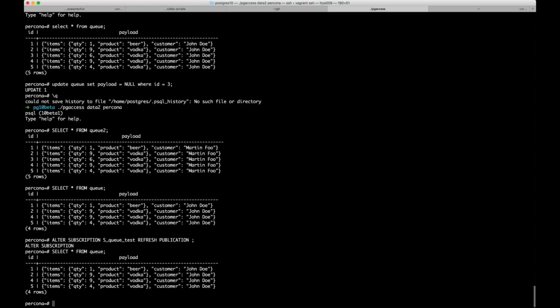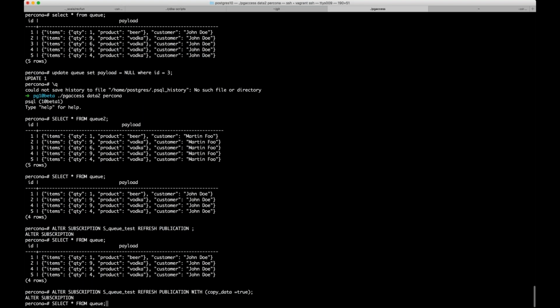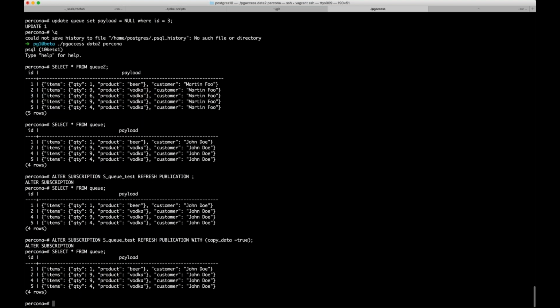And see that I refreshed the publication, but the row with ID 3 still does not appear. I tried to force the copy data, but still the same issue. I truncated the table, but still not seeing the row. So this is probably related to the snapshot used on the replication slot in the origin,